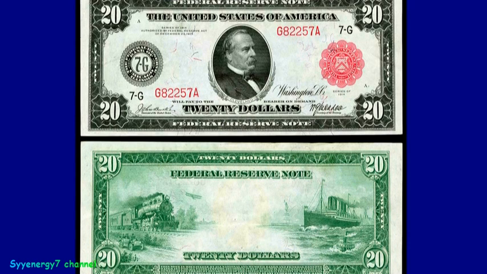So I think I do know why they put Andrew Jackson on there in the first place. Before they had Andrew Jackson on the 20, it was Grover Cleveland. I was like, Grover Cleveland. Okay, cool. Grover Cleveland was on a $20 bill.